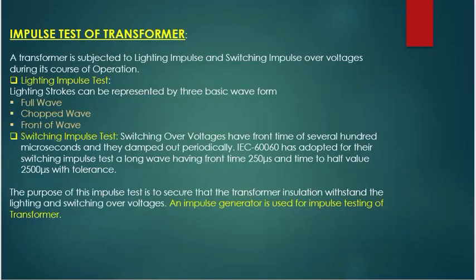A transformer in special testing procedure also undergoes impulse testing. In impulse testing, the transformer is tested with a high voltage generator where voltage spikes are given to the transformer. These voltage spikes are designed to be analogous to the lightning impulse and the switching impulse. The transformer must withstand this impulse test value, and if after the test no breakdown is found, then we can say that the transformer dielectric withstands this impulse testing.